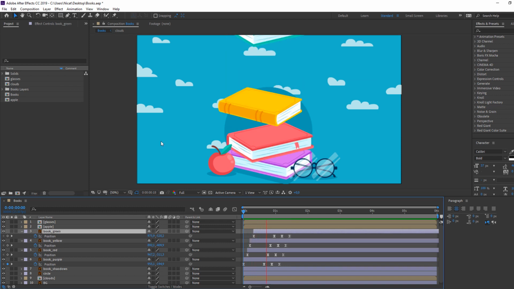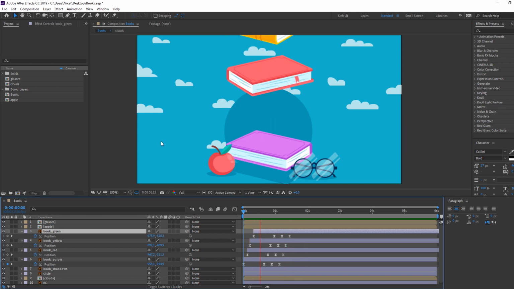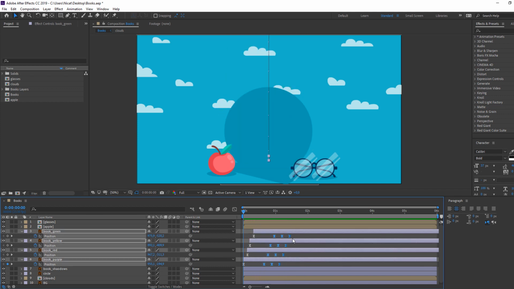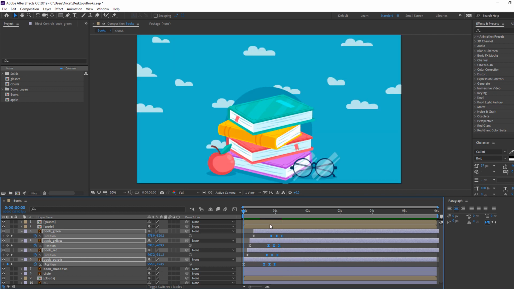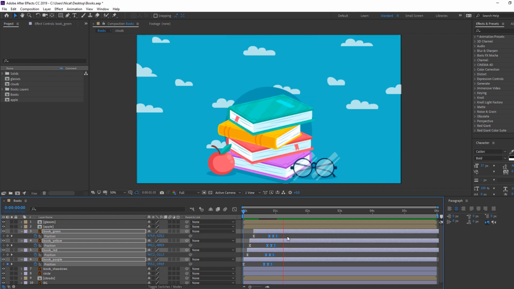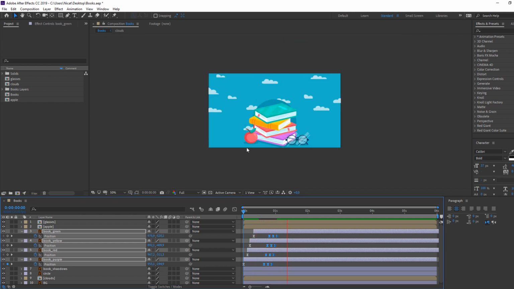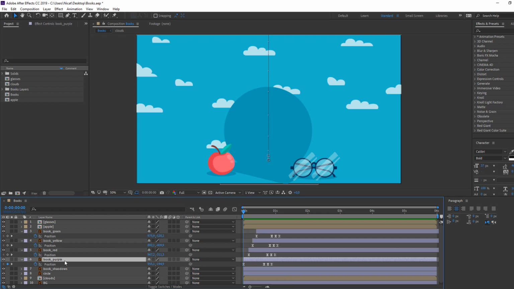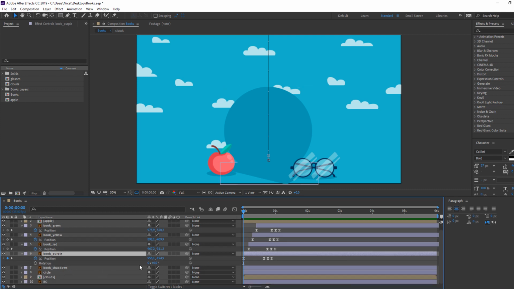Let's see. Okay, select these keyframes, hold Alt and move to left. Let's see again. Okay, again hold Alt and move left. So nice. Okay, then select this book, hold Shift and press R, change rotation